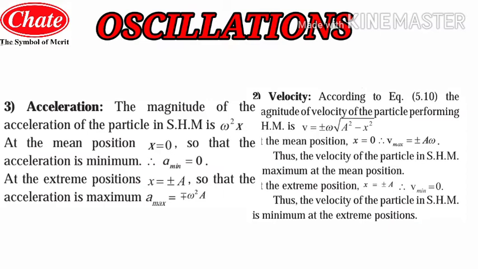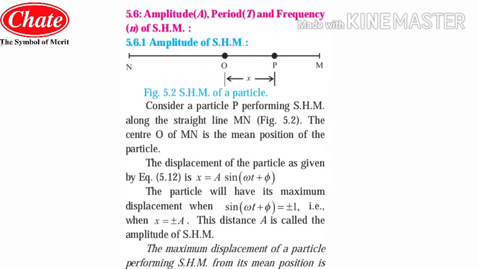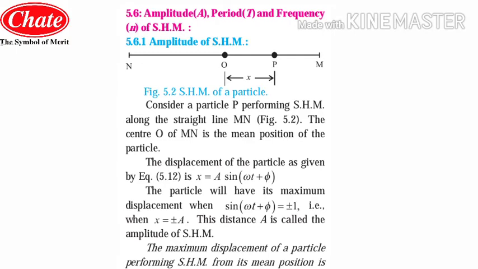Now for your understanding, we have just revised in short because of time. Now we will see the next part of this chapter. Students, this is the next part of the chapter that we have to learn here. So we will see about the amplitude, period and the frequency. For that purpose, you just need to clear the diagram first. So I will explain the diagram and which considerations we have to consider, they have given here. We will learn that one by one.